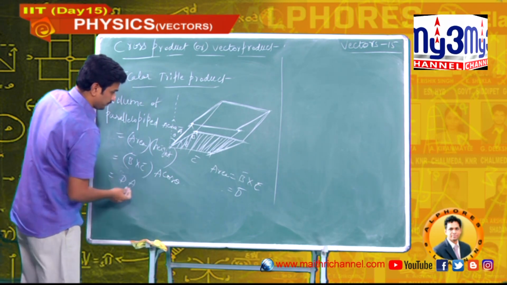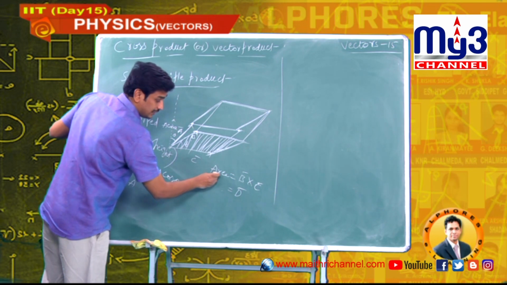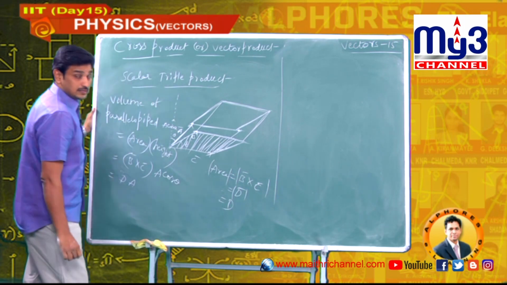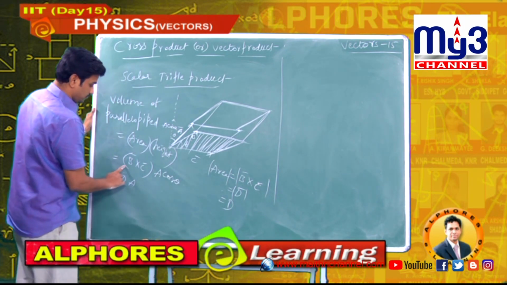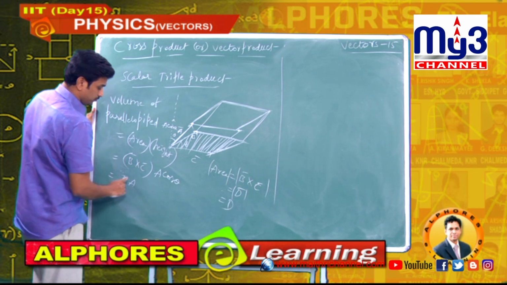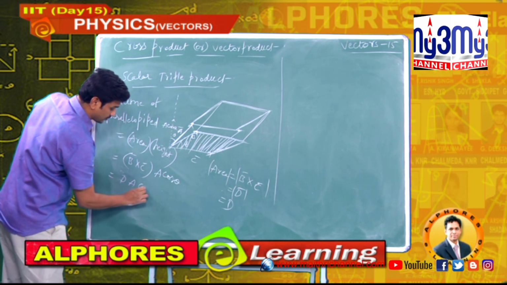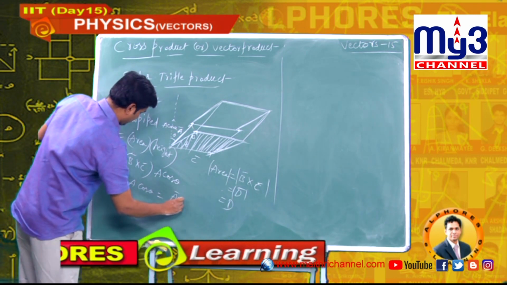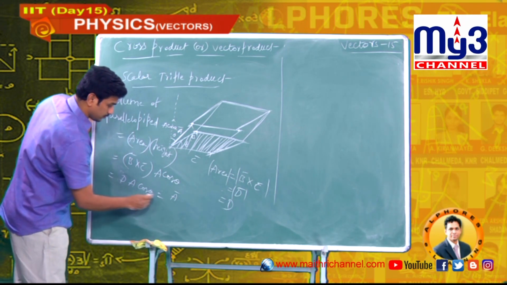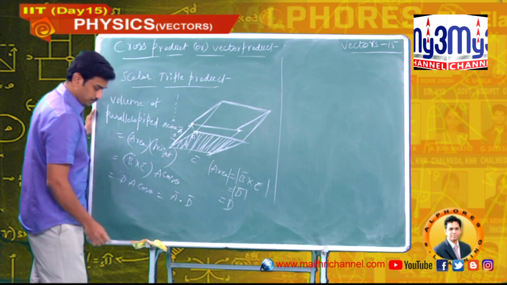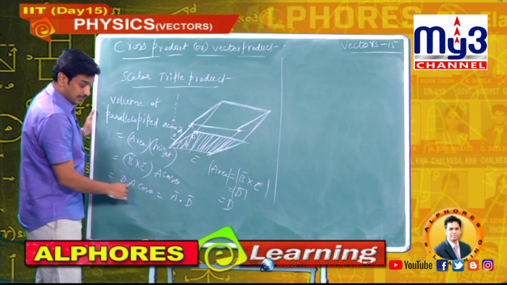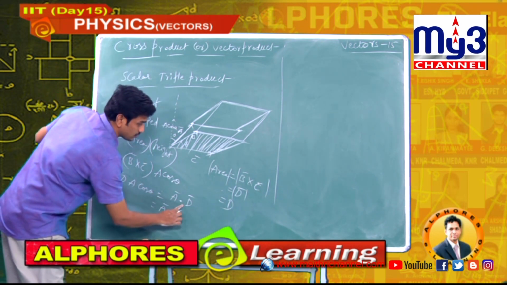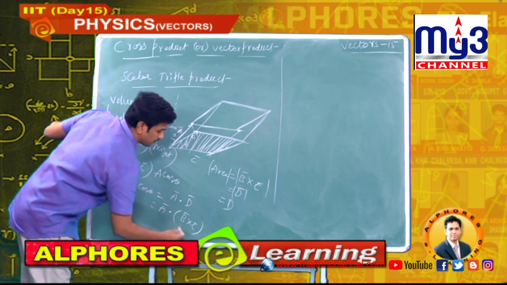D magnitude, area is a scalar, so I took the magnitude. Scalar we should take magnitude, B cross C magnitude, D. Now A as it is, cos theta as it is. Now what is this? This is a dot product, no? A bar dot D bar. AD cos theta is the dot product. Now what is D? D bar is B bar cross C bar.